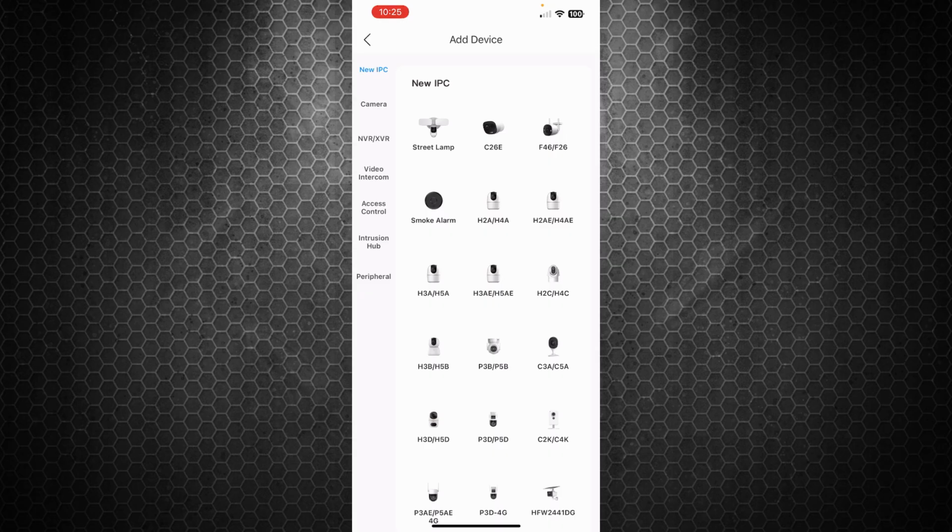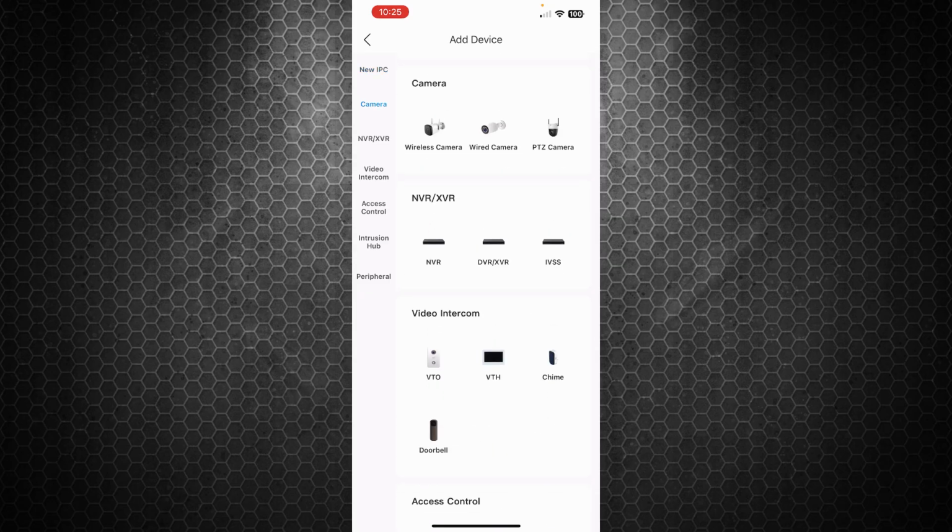You may also be adding just a single camera, in which case you'll just want to choose camera and then choose the camera type that you have, whether it's a wireless camera, wired camera, or PTZ camera. In my instance, again, we're adding a DVR or NVR, and I just so happen to be adding an NVR,